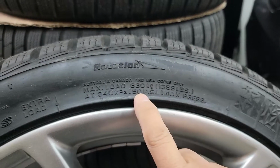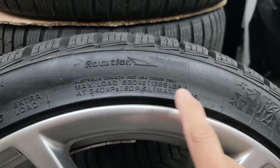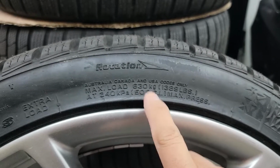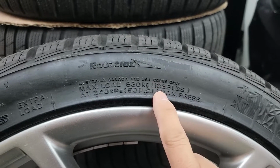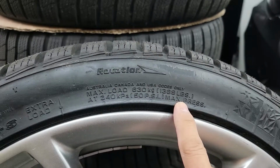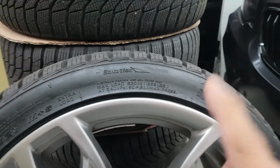So you never put in the maximum pressure, because the air inside the tire gets heated up and expands, and it's not good. You're going to have a blowout because it's going to be overpressure, because this is only capable of 50 psi maximum pressure. So what you can do to check if your tire pressure is good, you go